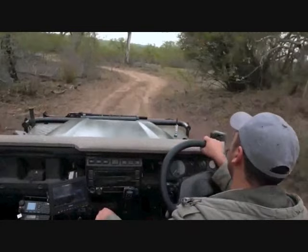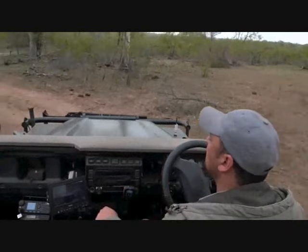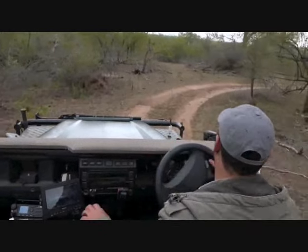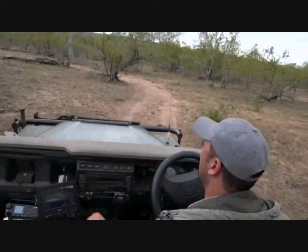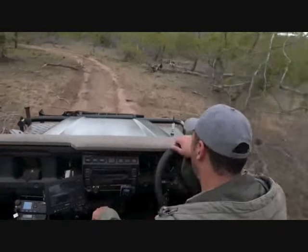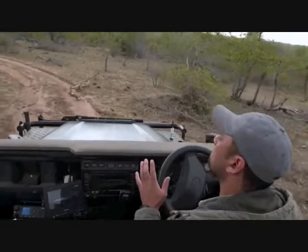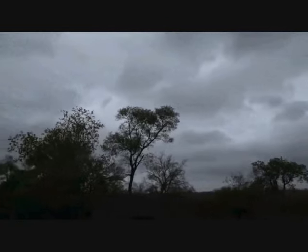Still very cool this morning, and that's good. That could possibly mean that some of the predators would still move around, like leopard. Leopards actually do move around a lot during the day, more so than we actually know. I've been fortunate enough, I've worked in areas and followed and tracked leopard for many, many years and seen their behavior, and they move around during the day, even though a lot of people thought they're mainly nocturnal. They do move during the day, and they will hunt during the day too, especially on mornings like this when it's nice and cool. If it does get hot, then they also tend to move around into thickets or drainage lines and look for shelter from the heat and from the sun, and then they'll spend the